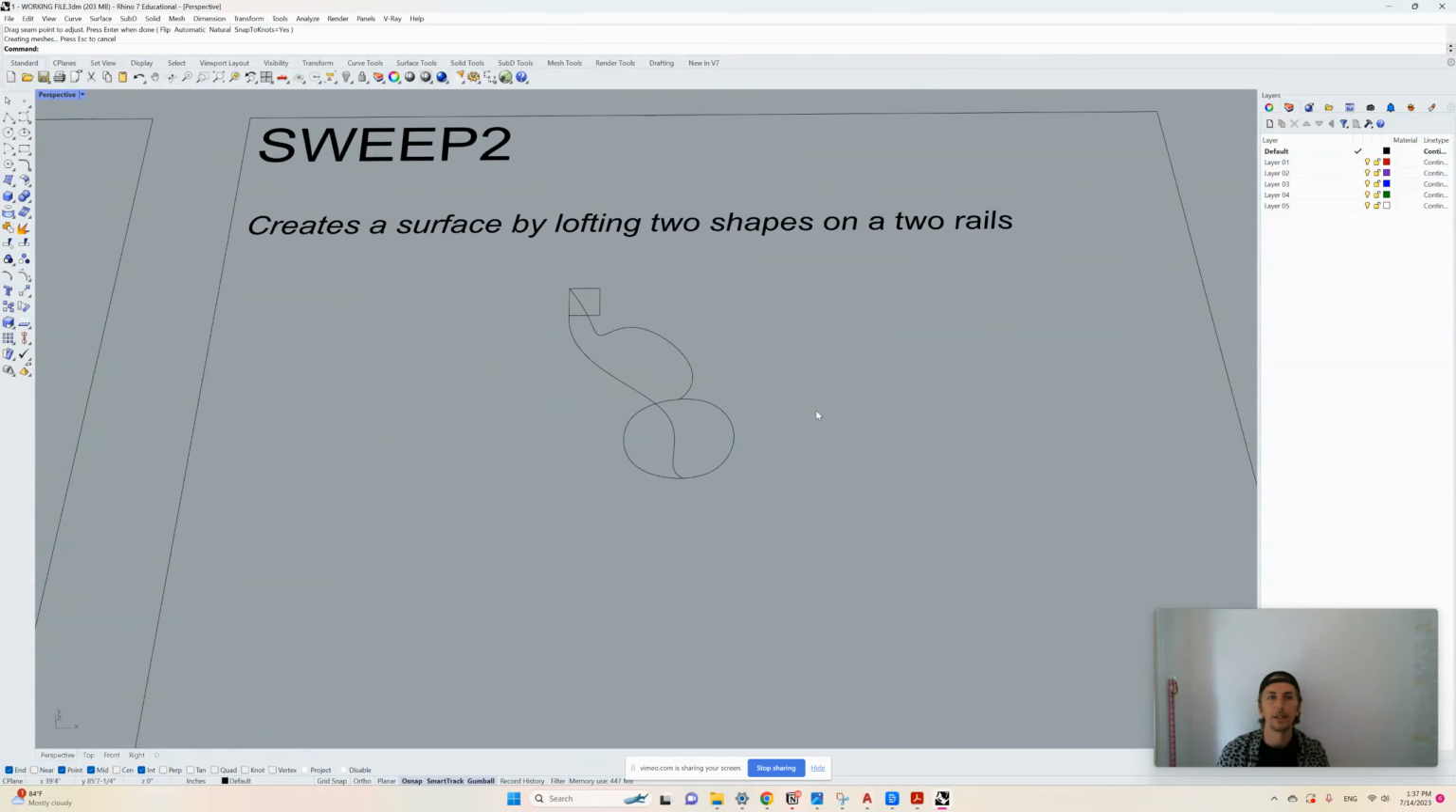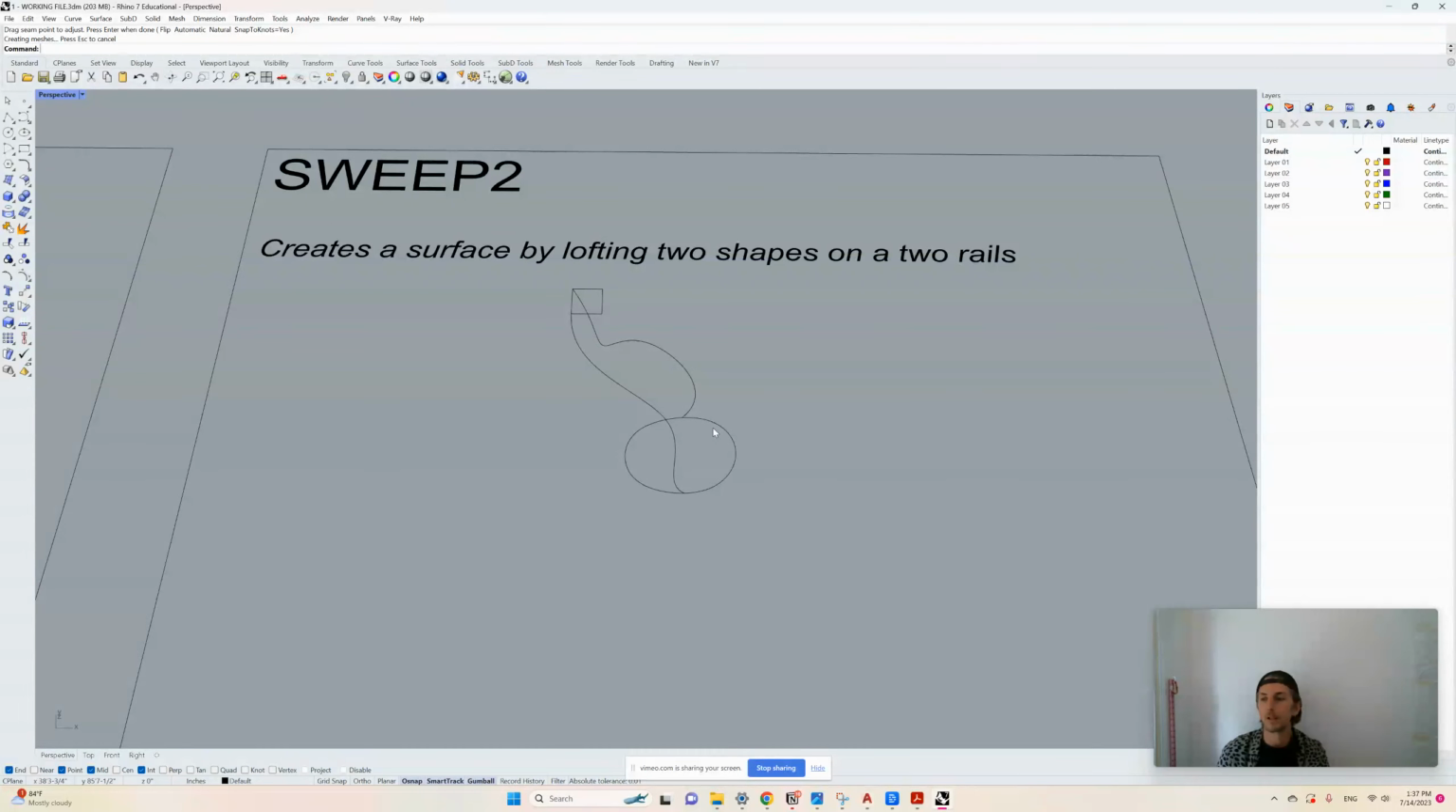Sweep 2 is basically, it can be one or two shapes on two rails. I'll show you what that means. So if I take sweep 2, I'm